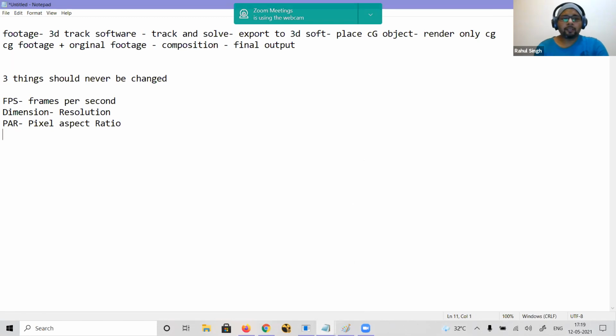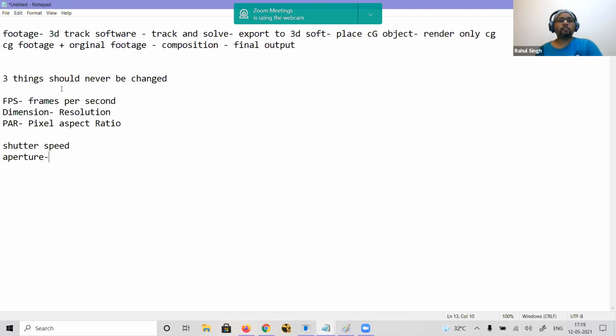Now another thing is, when we talk about the camera, two things come to our mind. If you have that information, it's fine. If you don't have information, then also fine, because our computer works on both bases. So the two things you have to understand, you most probably already know, are the shutter speed and the aperture.